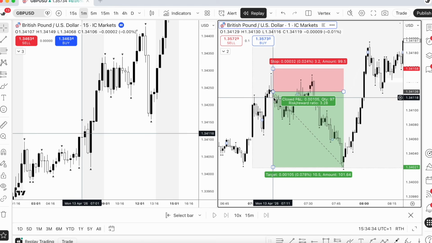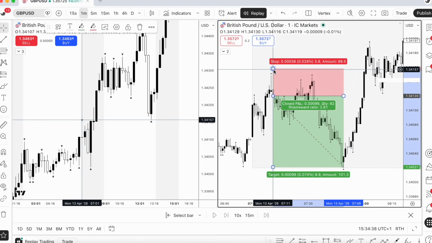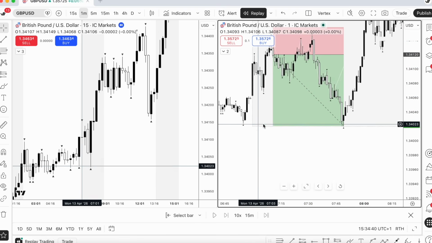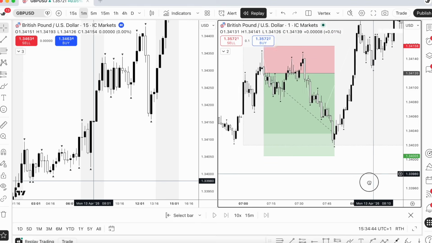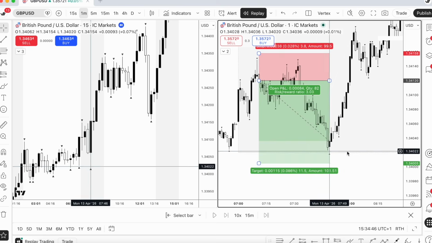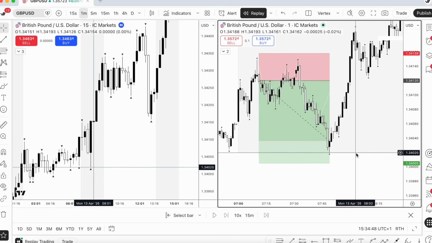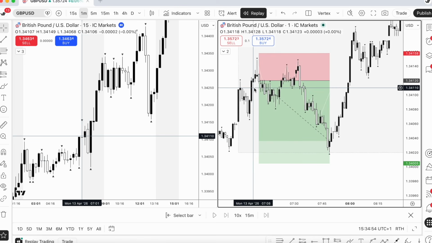Say when you enter manually, based on the speed of this candle, you may enter somewhere here. Your stop loss will be over 3 pips, and then you'll still be aiming for a 3R target, but you'll be somewhere here. You would miss the trade. You'll probably move to break even, or may even hit the target once you learn and understand that. But as you can see from the EA and what the algo will do, it will take it perfectly